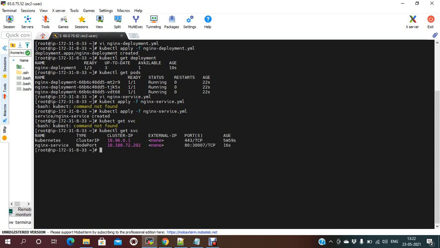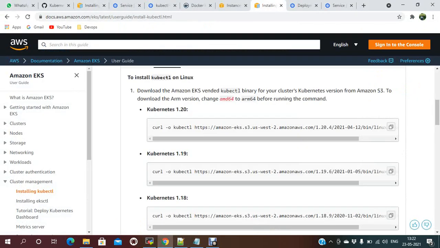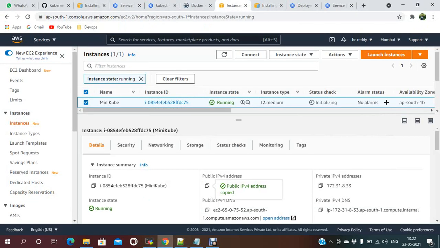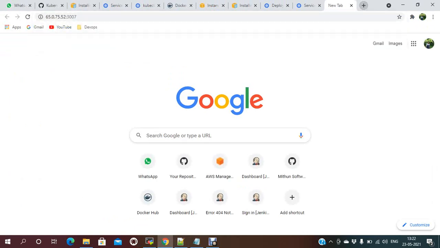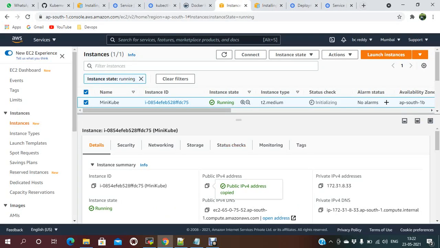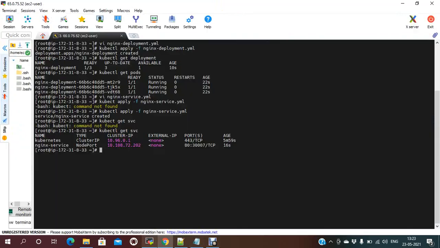Now, using this port 3307 you can check. Take the IP of the server, and you just need to open that port, 3307. You will be able to access Nginx. Copy the public IP.